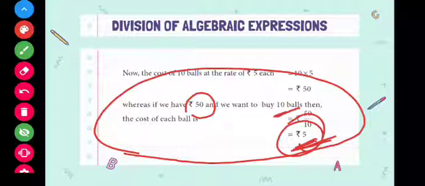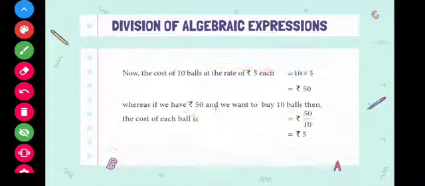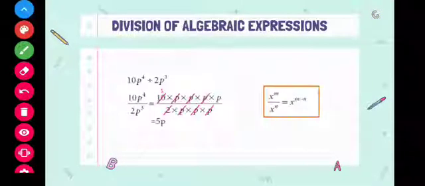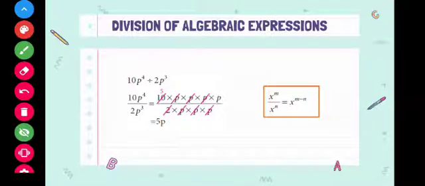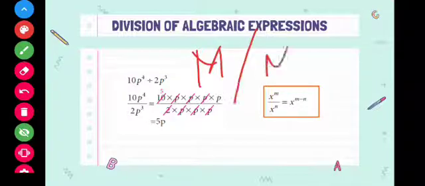That is where division is most useful in our daily life situations. Okay, same way when we go to algebraic expressions, it is very much similar to how you divide the numbers given. So here we have taken two algebraic terms. What are these two terms? By seeing the terms, can you see how many terms are there in each expression? We have one term here and another term here. So these are two monomial terms. Here a monomial term is there, and another monomial term is there. So we are dividing a monomial term by another monomial term.